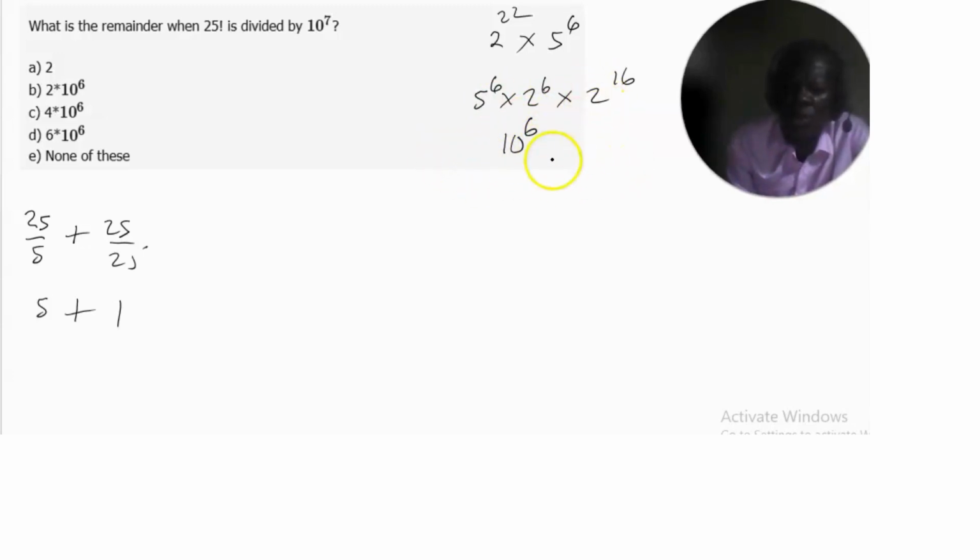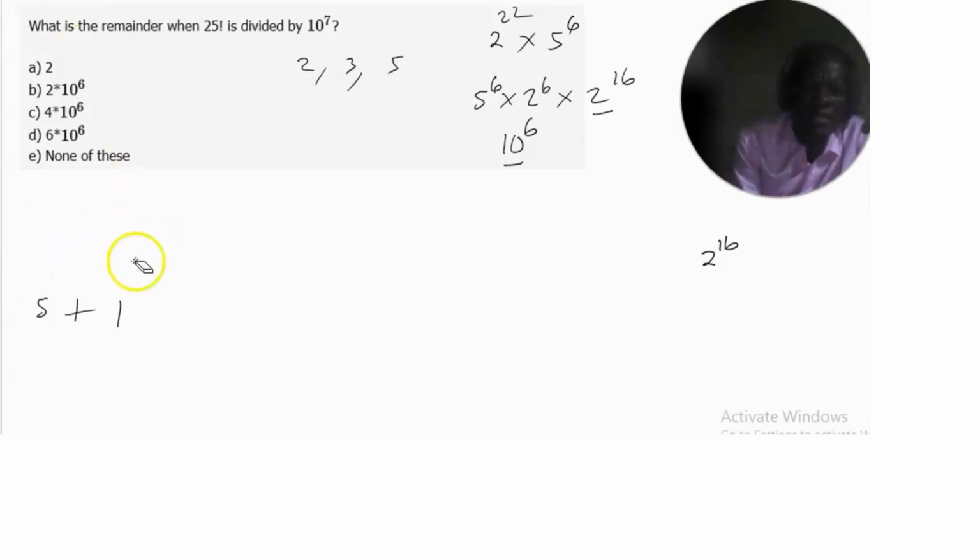So that means we need to keep this, so we have determined this, so we need to keep 2 raised to power 16. So we write out 2 raised to power 16 here. We have used the prime number 2, we have used 5. It remains 3. So how many 3's are there in